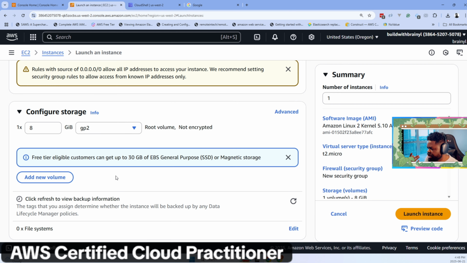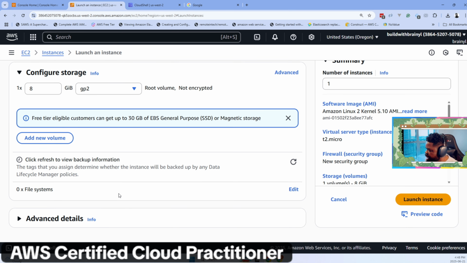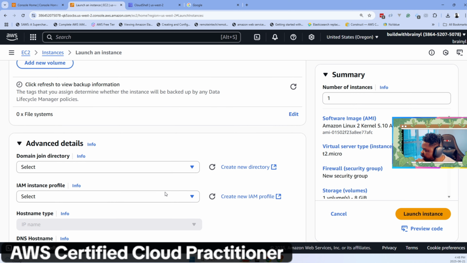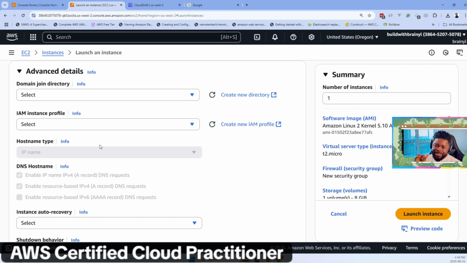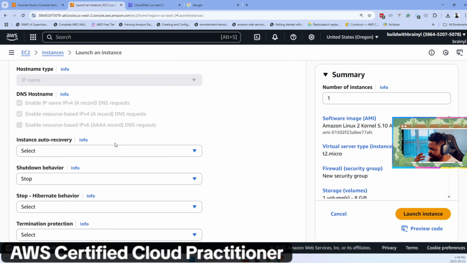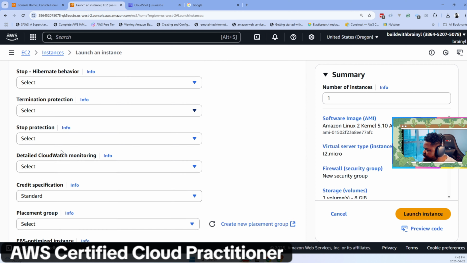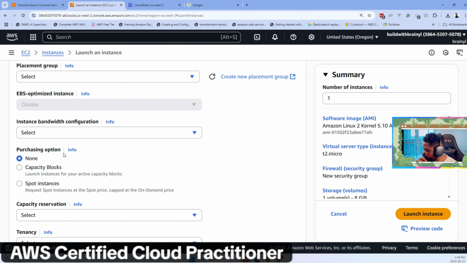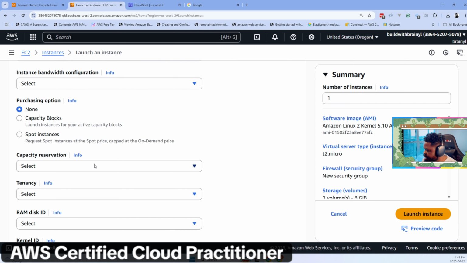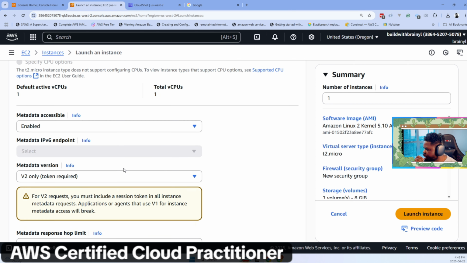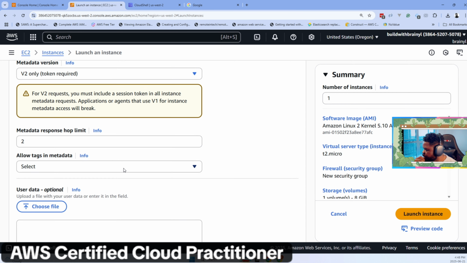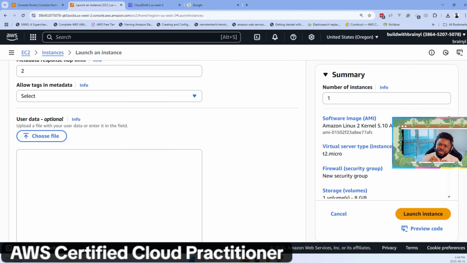So GP2 or GP3, I'm just going to leave that there. And then there are really advanced properties. So let me see one of the advanced properties. No need to join the domain instance. Like I said, depending on your level, some of these things begin to become more important. But for now, just follow. So domain, I don't really need to join. All these are basic things I don't need to care about. There are hibernate options here that I don't need to care about. Purchasing option, capacity reservation, I don't need to care about that for now. Tenancy, RAM disk ID, all those options, I can leave them. But one of the things you need to pay attention to is really the